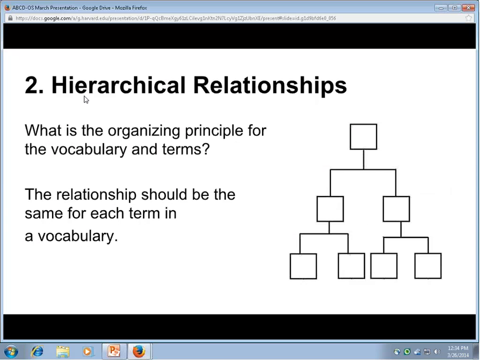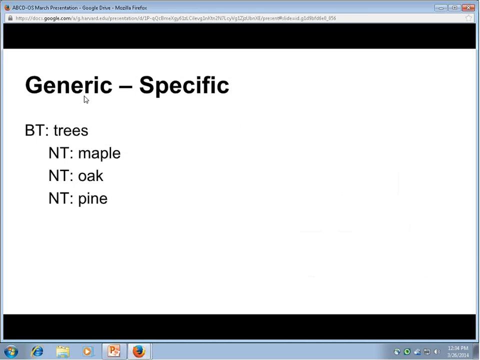Next thing you want to take into consideration is what is the structure going to be for the hierarchical relationships, and essentially what is the organizing principle for the vocabulary and the terms that you're putting together. Ideally, each term in a vocabulary should have the same relationship. So here are a few common ways of thinking about that. And just as a side note, BT stands for broader term, NT is narrower term. Those are more traditional taxonomy